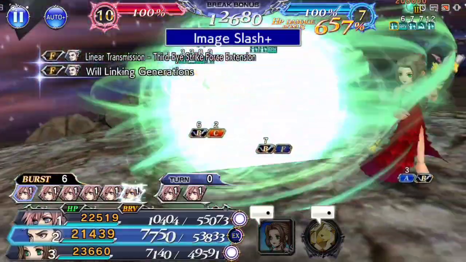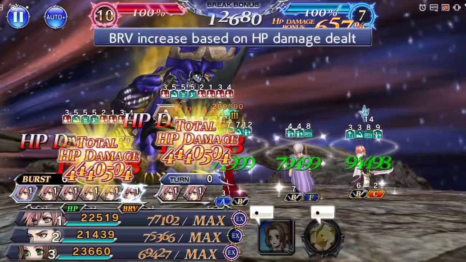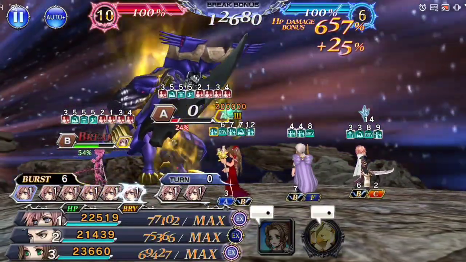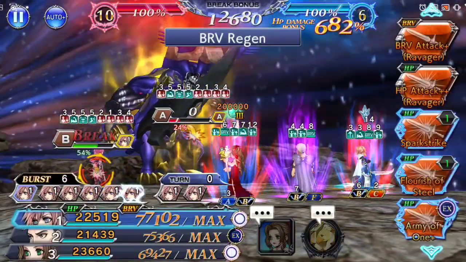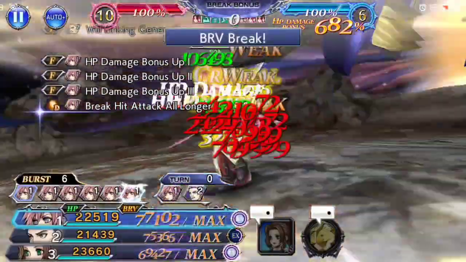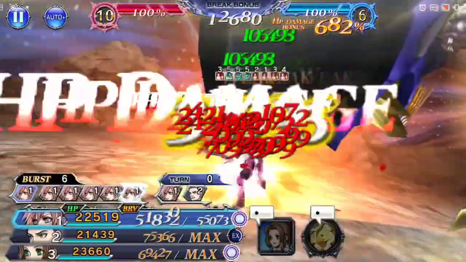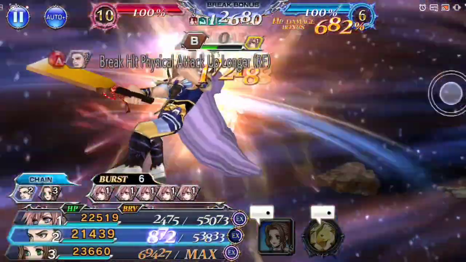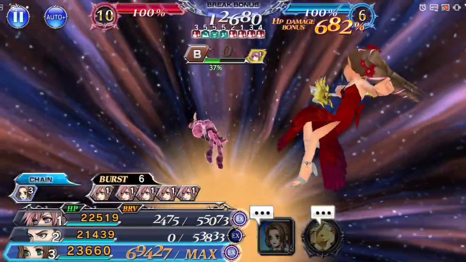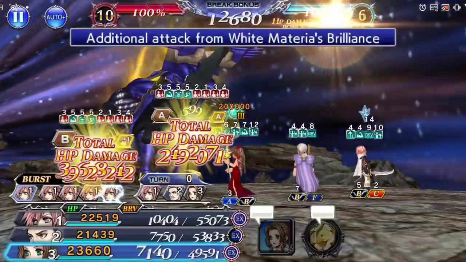This will trigger 2 image slash plus back to back from Dorgann, not only for nice damage but also to increase the force gauge bonus. This is a good example right here. The boss has recovered to 0 Brave, so I switched to the Lightning Mannequin, and this way when Dorgann does his follow-up attack, he will break the boss and that will trigger another follow-up attack. As such,